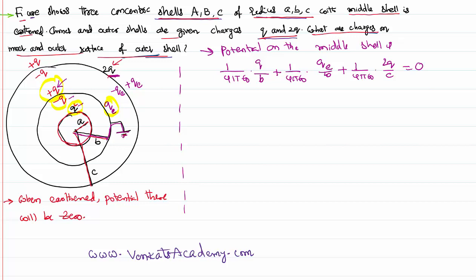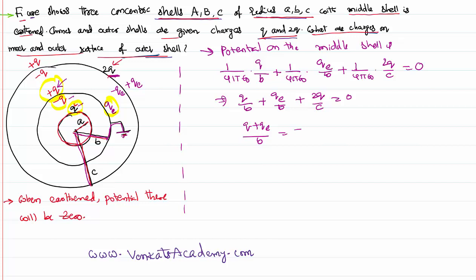Therefore, the effective charges taken into consideration are more than sufficient. Q and 2Q are the given charges. QE is the charge that is bumped into the system from the earth. All this has to be equal to 0. That implies Q by b plus QE by b plus 2Q by c, because that's the outer shell. The potential inside as well as outside remains constant, equal to the potential on the surface of the shell, equal to 0. So Q plus QE by b equal to,